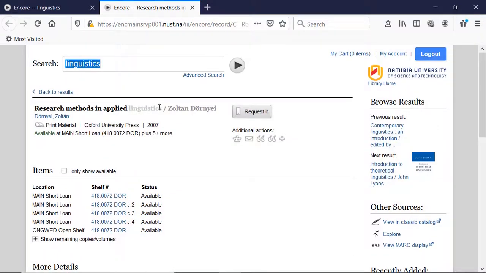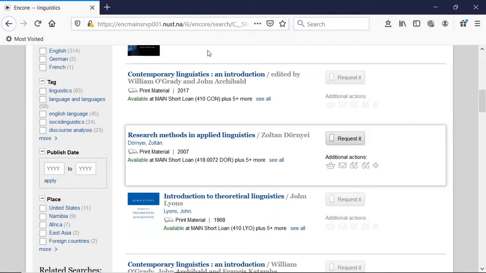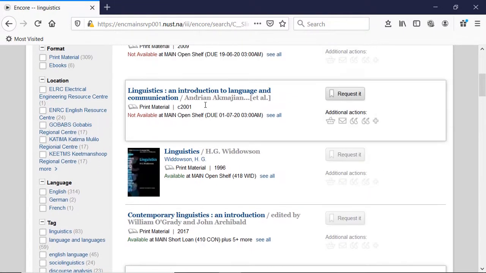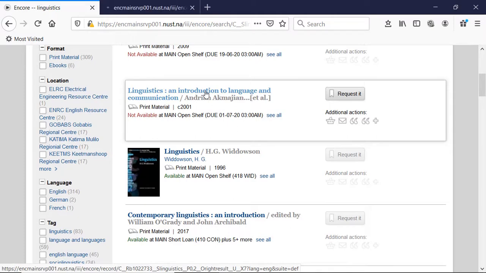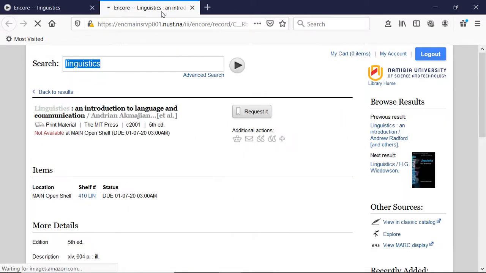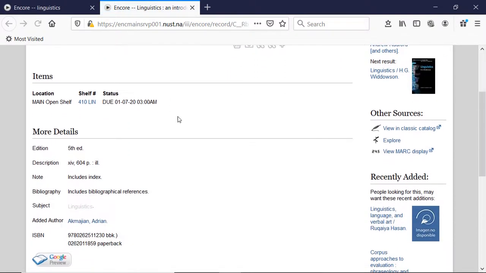That is just one example. Let's go and look at another example. If we look at this one, for instance, instead of saying available, it gives you a due date. This means someone else has borrowed the book, and you have to wait until it is returned before you can